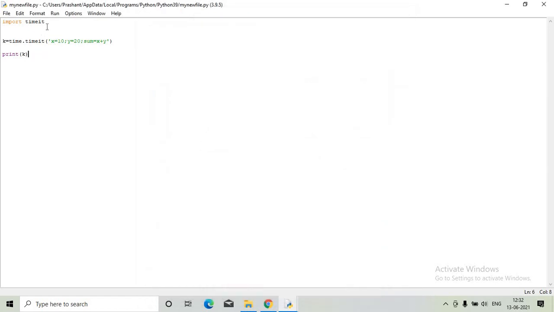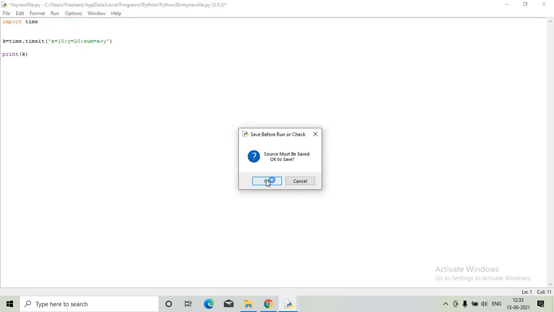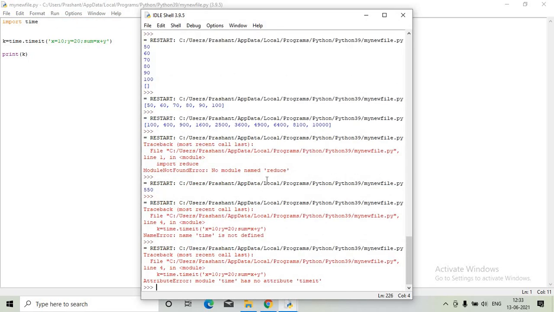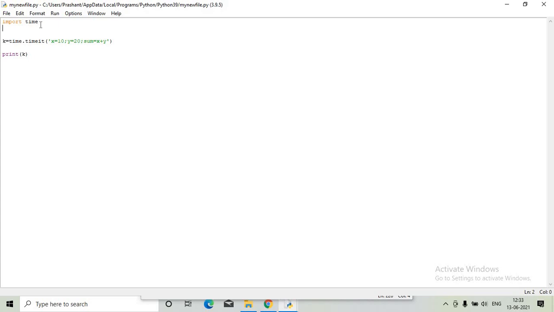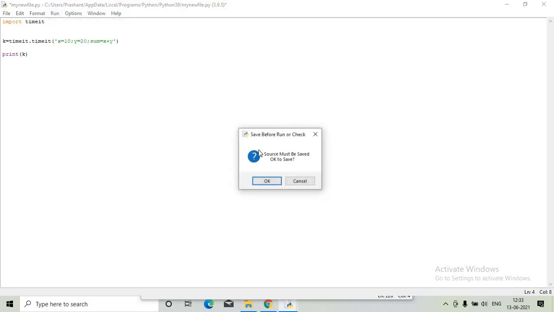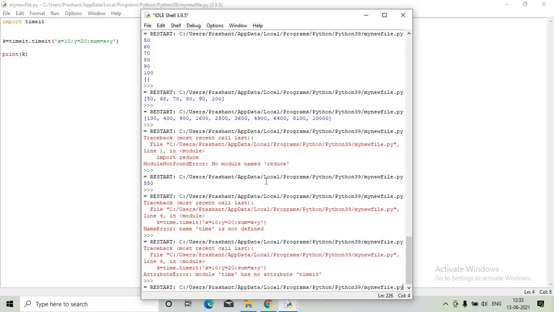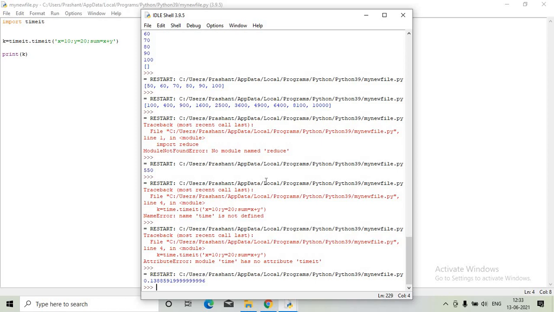So this is having import timeit, and here it is timeit. This is going to measure certain time. So you can get the exact time, like what is the time taken to execute certain instructions.